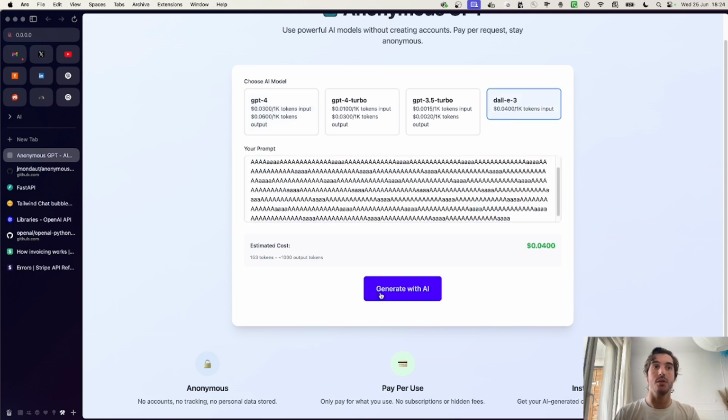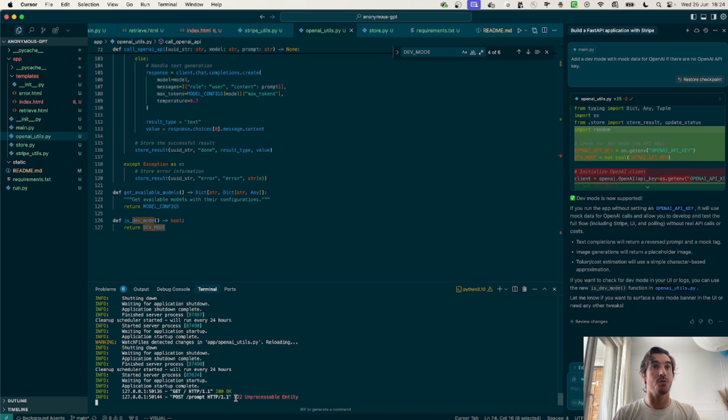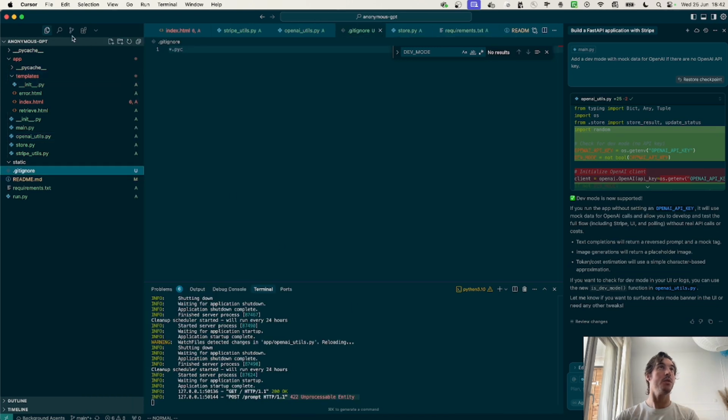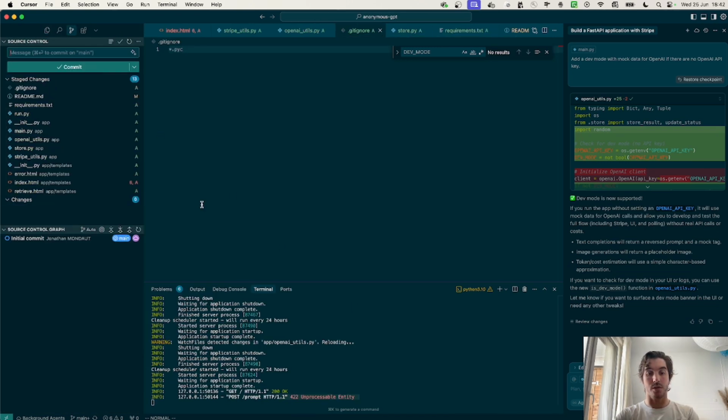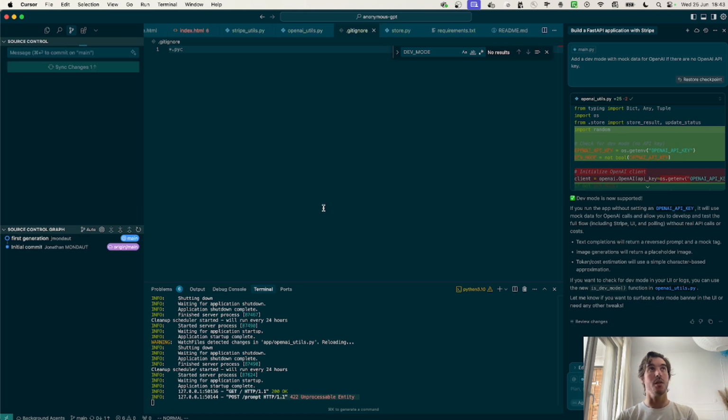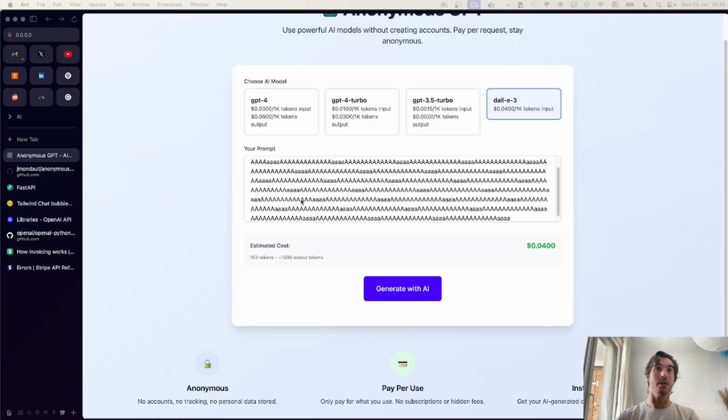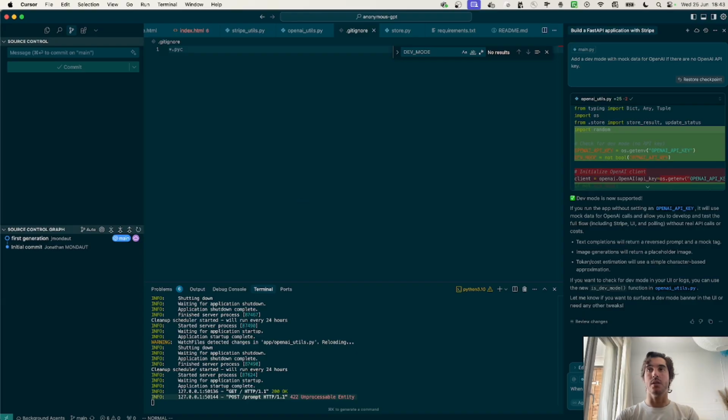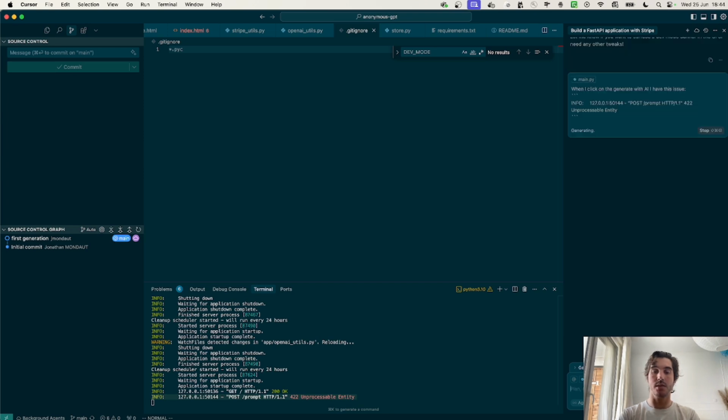Okay, nothing happened here. It's on /prompt. We have this issue. Okay, so let's commit everything. First generation. Okay, so we have this issue with the 422 unprocessable entity. Easy way will be just to say cursor. We have this. When I click on the generate with AI, I have this issue, and let's see what it